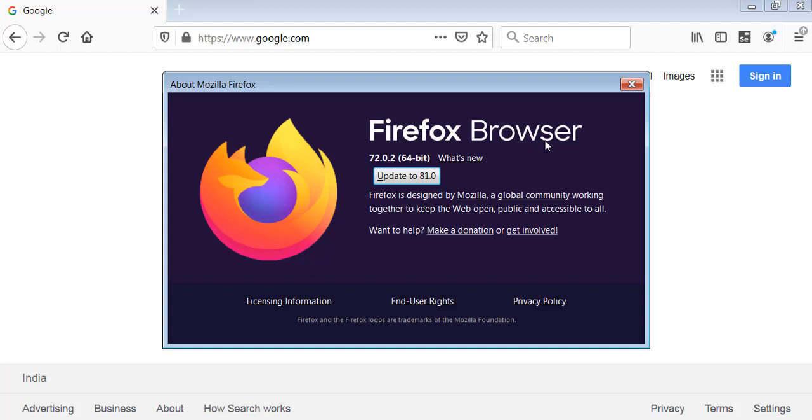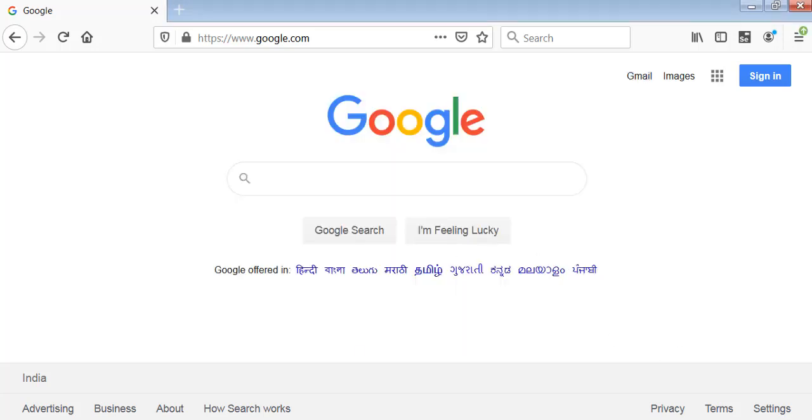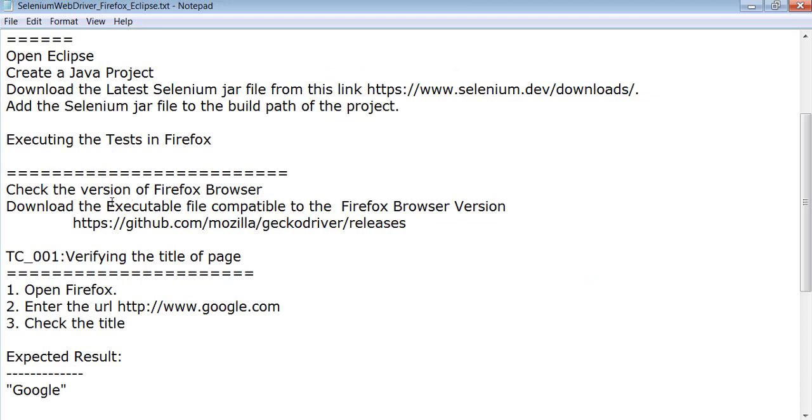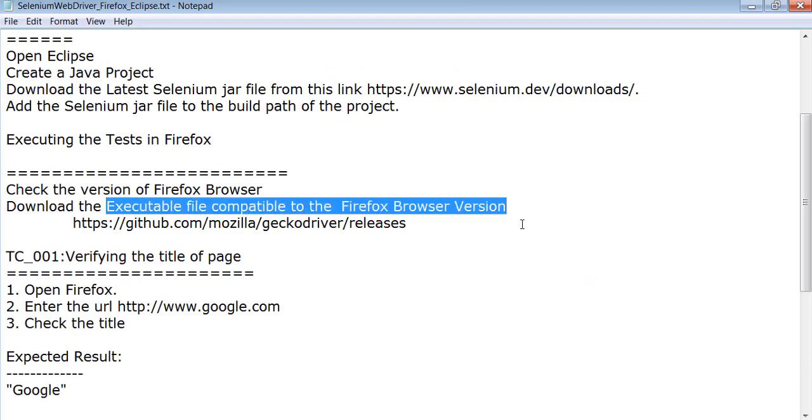Here the version of Firefox is 72.0.2. The Firefox version is 72, just keep that in mind. Then we have to download the executable file compatible with Firefox version 72.